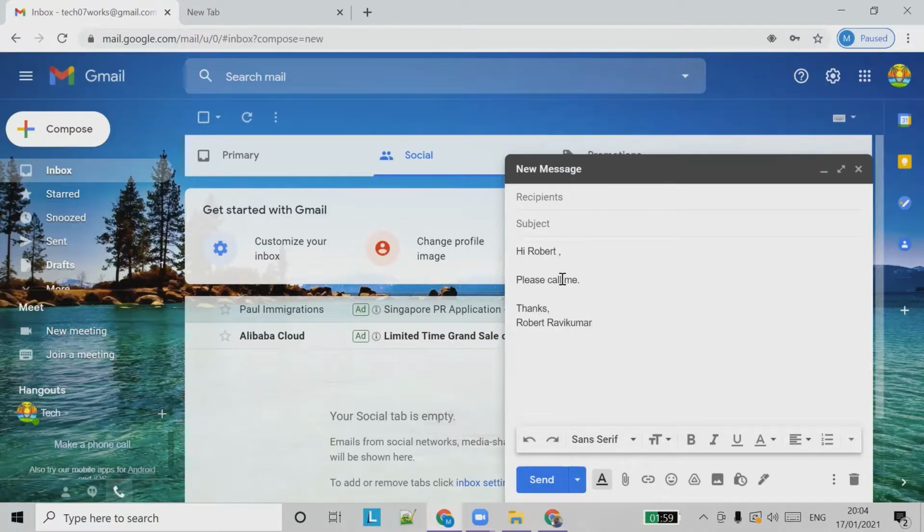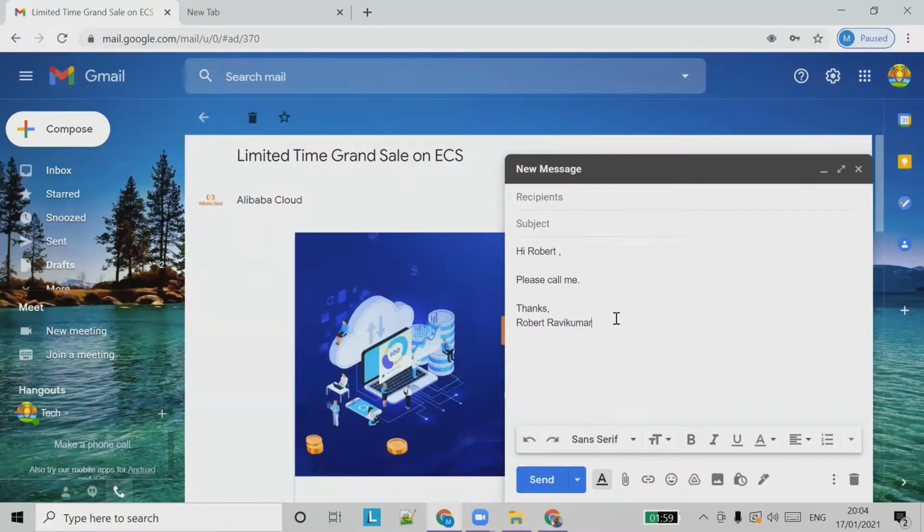Okay, so this is the email signature. Thanks, Robert Ravikumar. So this is our email address. This is where we should put our name. So if I, Robert Ravikumar, am sending the email, then Robert Ravikumar should appear here. Okay. So this is the sender's signature.